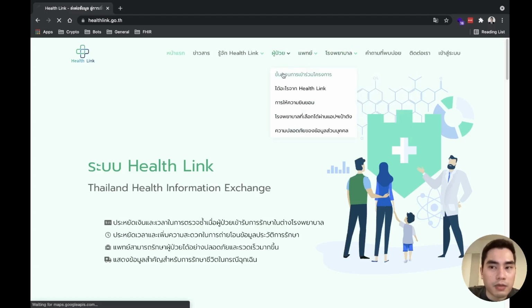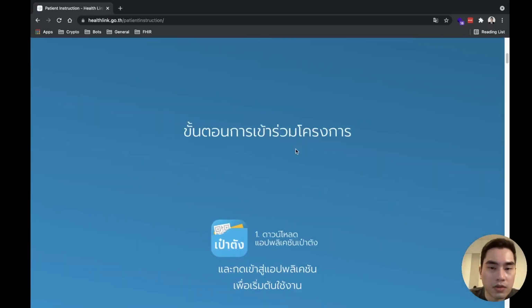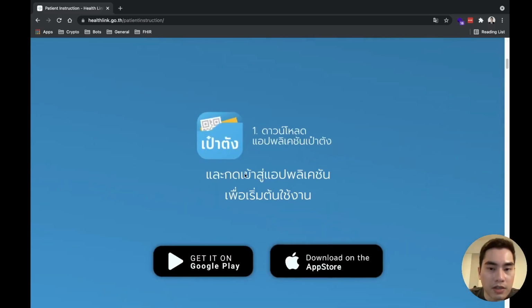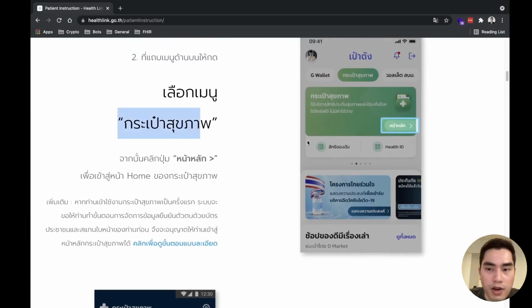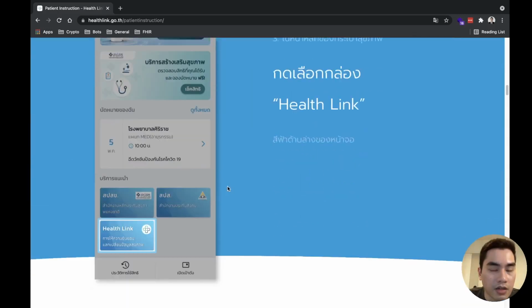If you are a patient, you download this application, the Paotang. I think most Thai people already have this application. Then you go to the health wallet menu and click HealthLink.